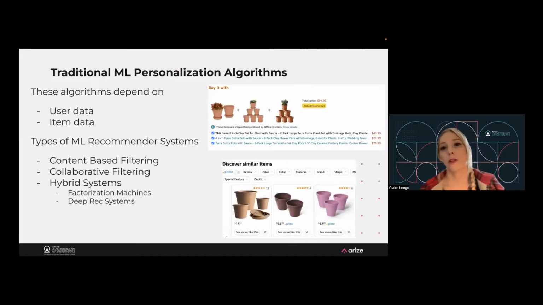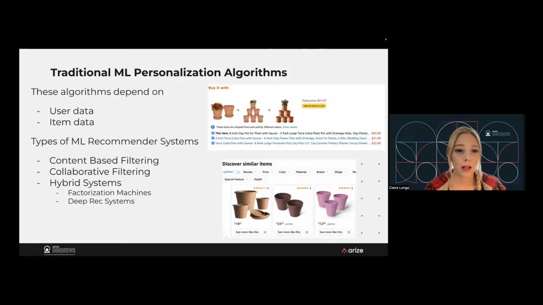Before I jump into the reinforcement learning side of things, I want to talk about the more traditional recommender systems using machine learning, and we'll use that as a base. These more traditional algorithms, as many of you are probably already aware, rely on user data and item data. I pulled a simple example from Amazon, just as something that I encountered in my day-to-day, to help us frame what these algorithms normally look like.